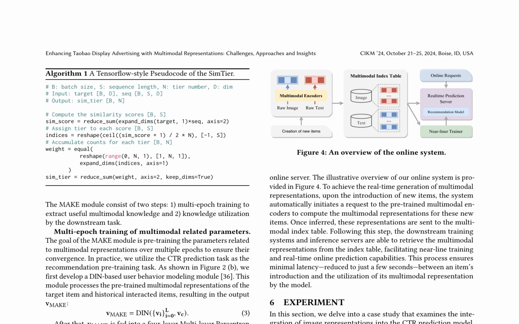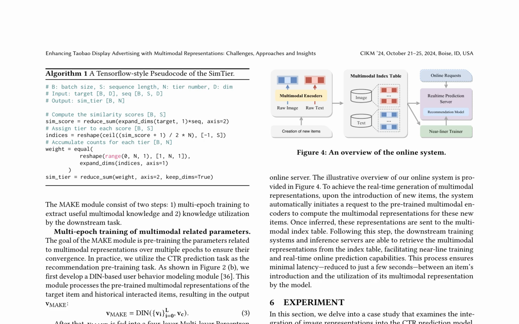It presents a novel approach called SimTier, which utilizes tensor decomposition to obtain a better understanding of the complex interactions between user behaviors and item attributes. This method is designed to handle both sparse and dense data effectively, providing a more accurate representation of user preferences